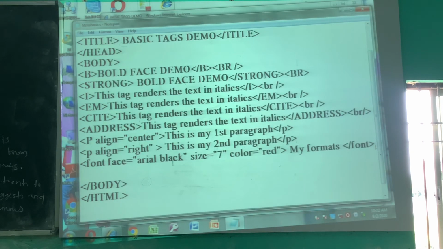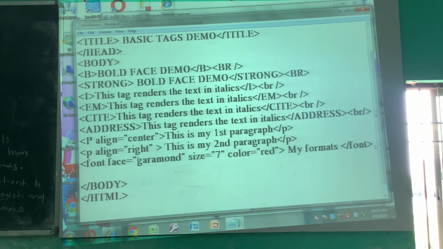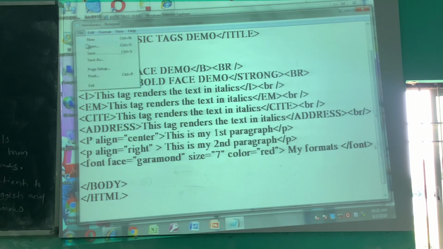Then I am using another font. See what happens? Okay, so the font face changes from Arial Black to German. In this way,